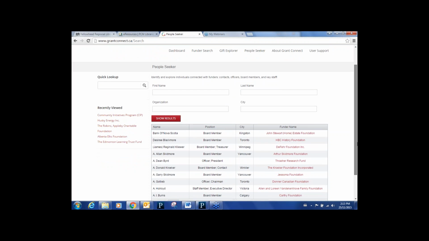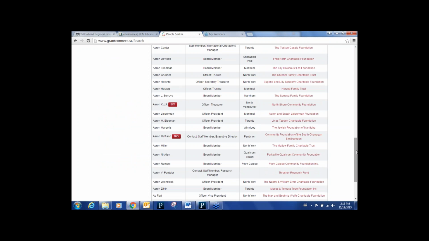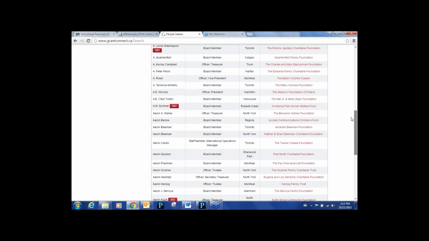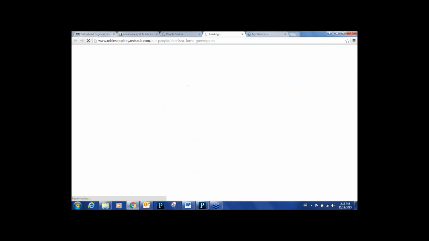You also have the option to just see the full results. So there are 500 people entered in here, and you can just look at them in alphabetical order. So I'm just going to expand it from 10 to 50. And the reason why I'm doing this is I wanted to show you how some people have this little bio icon by them. And the reason why they have it is they actually have a website with more information about them. So if I just click on bio,